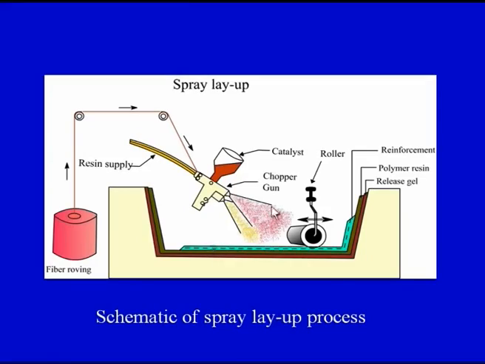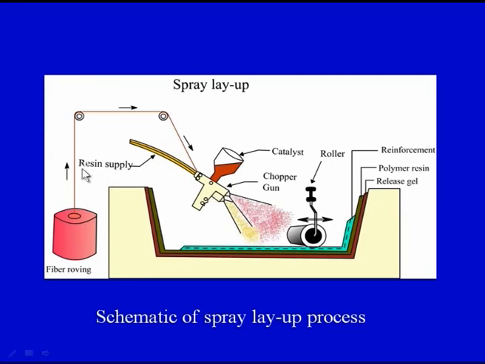Now, this is a simple diagram of the spray layup process. On your screen you can see the same type of mold as we have used for the hand layup process. Again we are applying the release gel to facilitate easy removal, a polymer resin, and a reinforcement. The green portion represents the sprayed material, and this is the most important part of the spray layup process, which is called the spray gun or the chopper gun. So, we have the fiber roving, the fiber is coming from here in this direction, it is getting chopped in this spray gun, and this is the supply of the resin. In between we can have a different tube for the catalyst also.